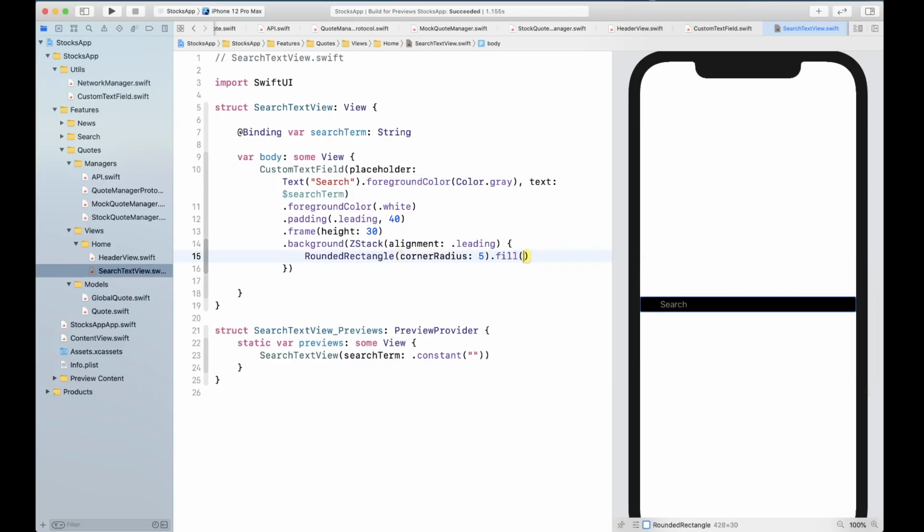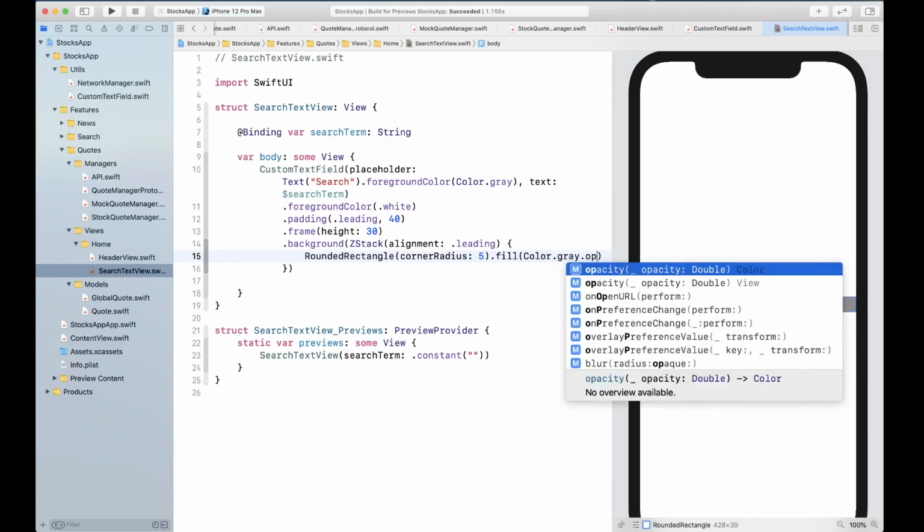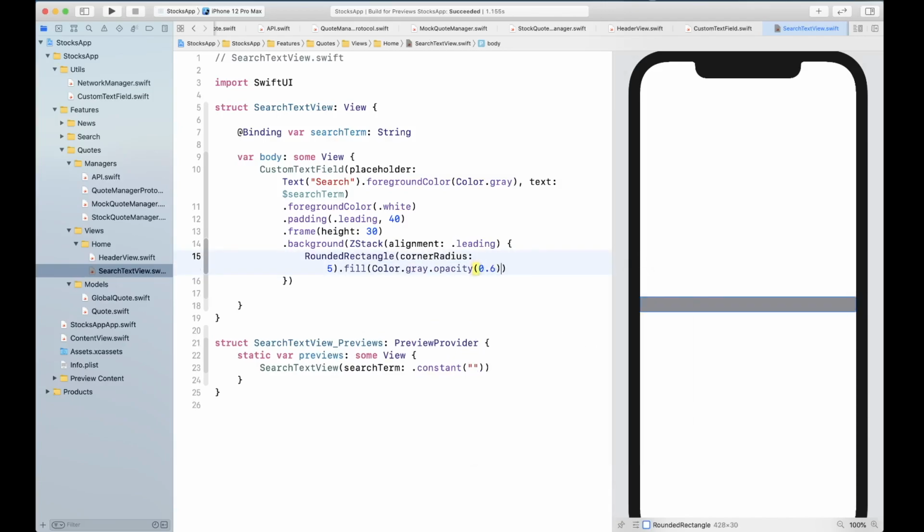Fill is going to be Color.gray.opacity 0.6,